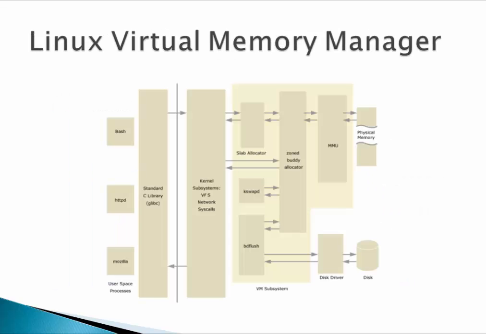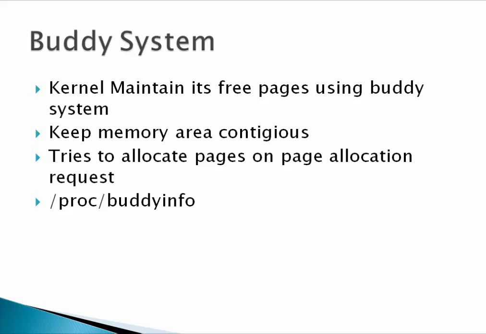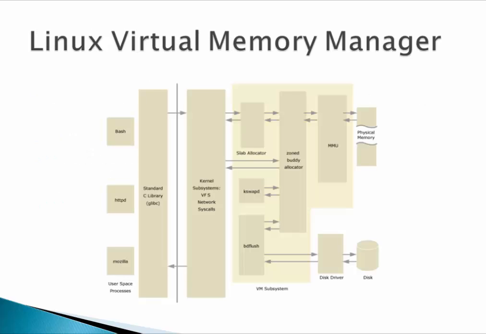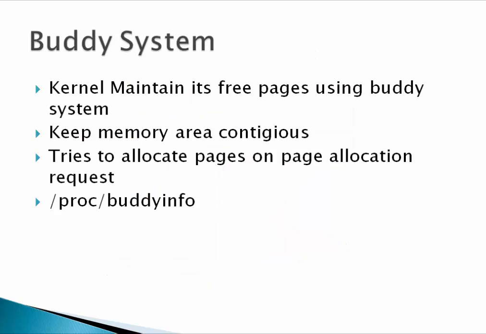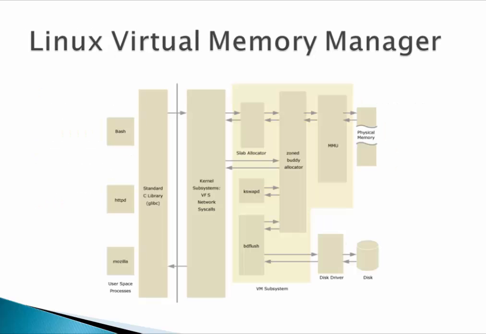So this is how the entire Linux virtual memory manager looks. Here you can see, on the extreme left-hand side, Bash, HTTPD and Mozilla. These are your user space applications. Then you have glibc, and then you have a kernel subsystem. To interact with your kernel, you need to make a system call, which is provided by your